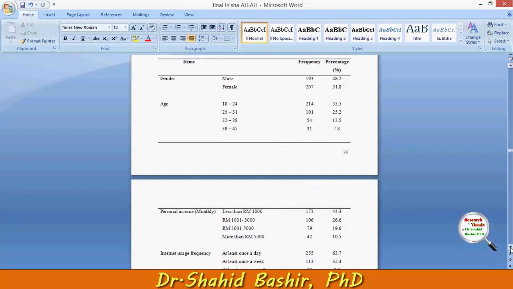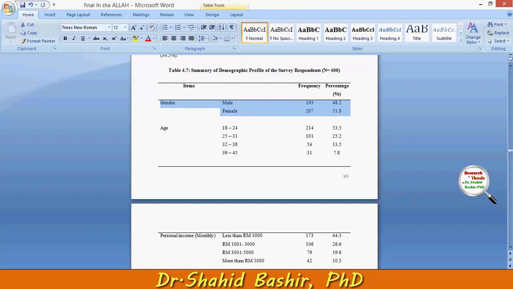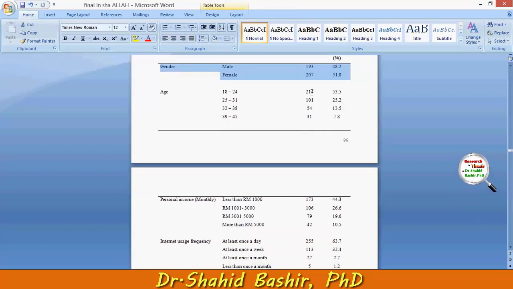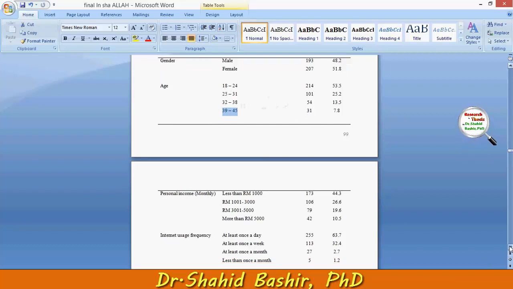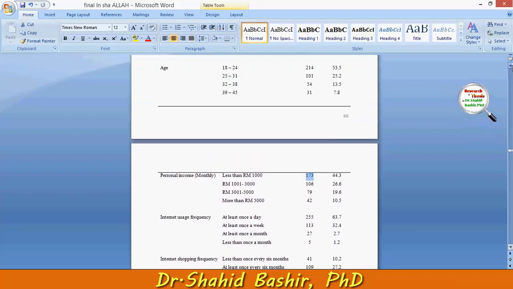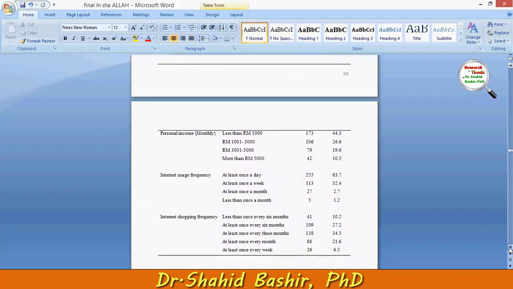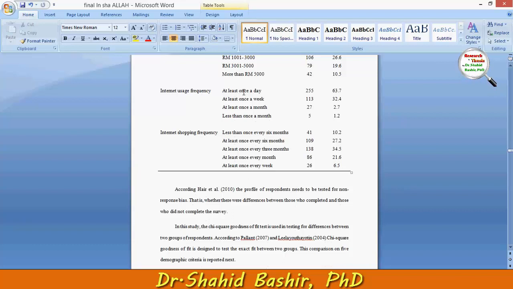So now just look at this survey. Generally you need to see, in terms of the 400 sample size, almost half of them are male and female. In terms of age, most of the people are within the age group of 18 to 24. The older age groups are very few, and the personal income is less than 1173. This might be justified with the fact that most of the people are low age people. And then the internet usage frequency, at least once in a day,